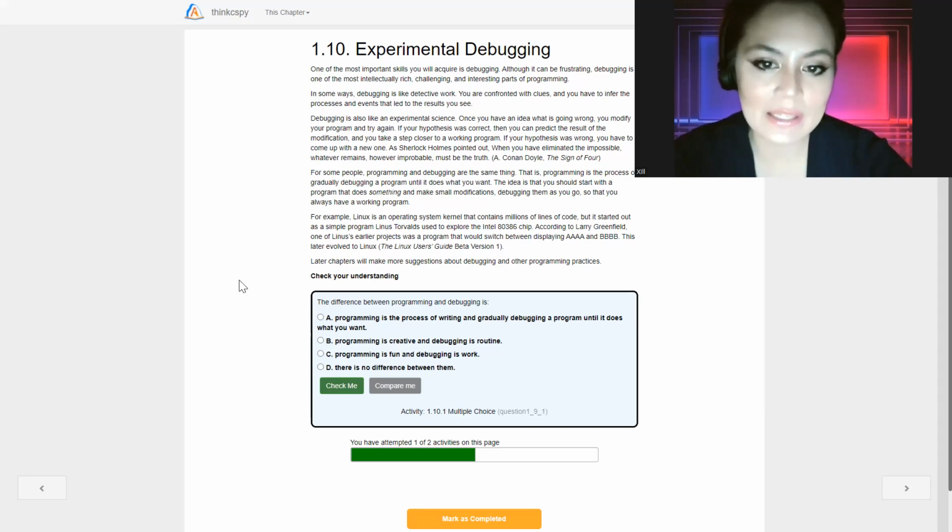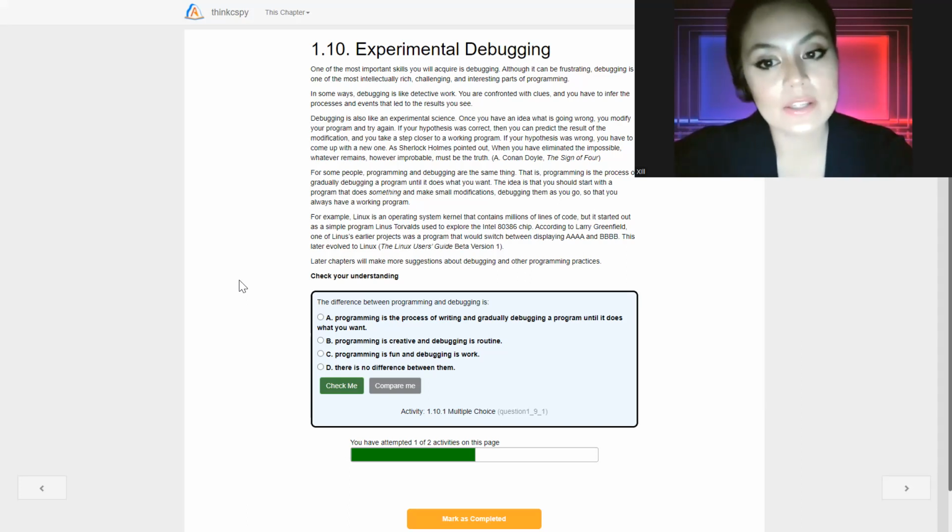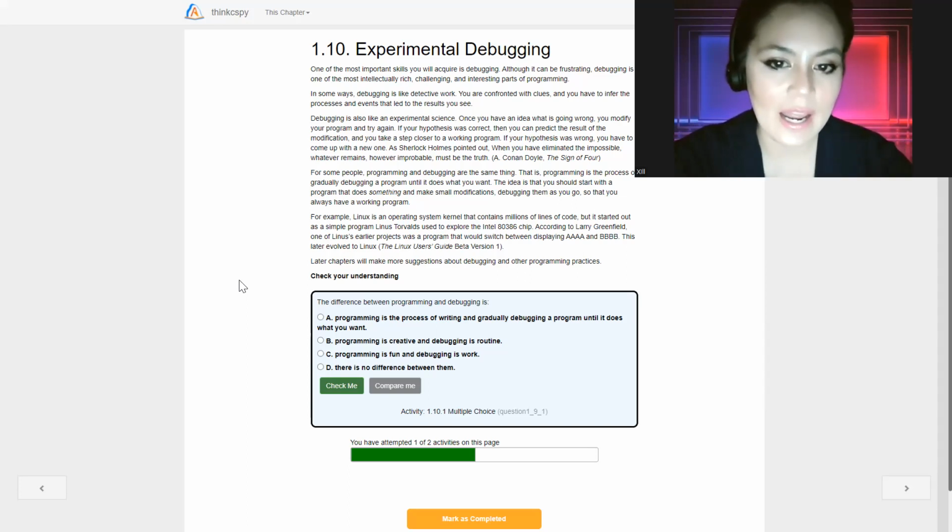For some people, programming and debugging are the same thing. That is, programming is the process of gradually debugging a program until it does what you want. The idea is that you should start with a program that does something and make small modifications, debugging them as you go, so that you always have a working program. For example, Linux is an operating system kernel that contains millions of lines of code, but it started out as a simple program that Linus Torvalds used to explore the Intel